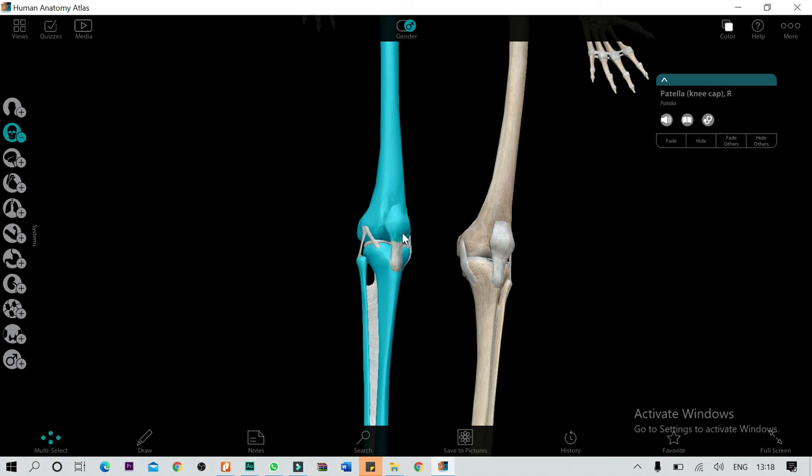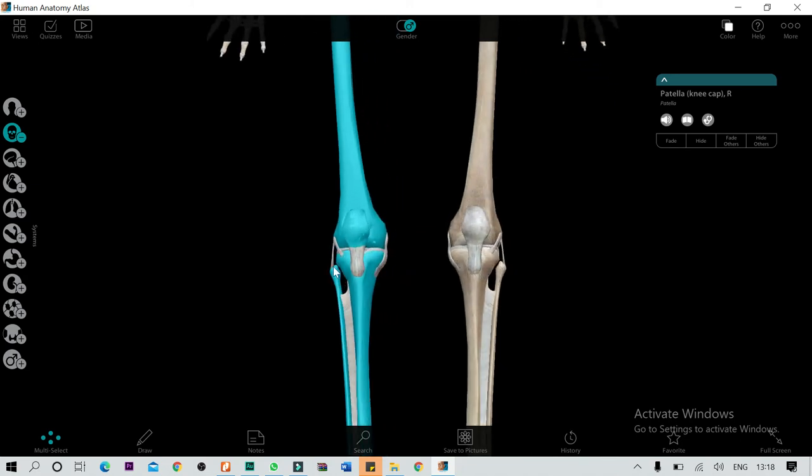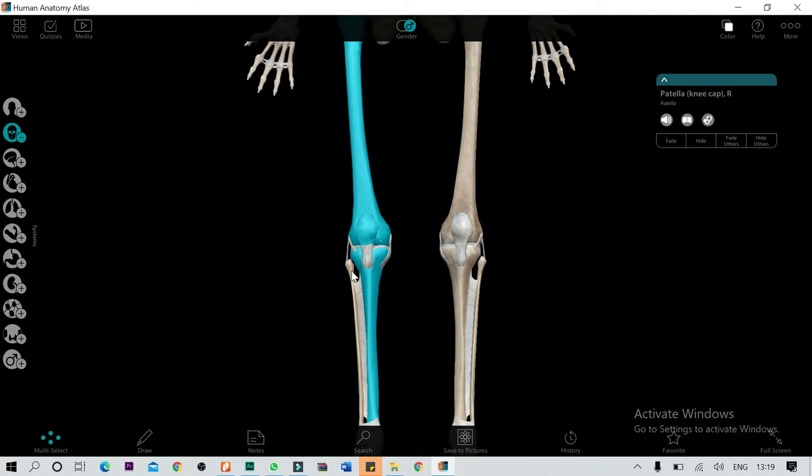The patella is known as the kneecap. So look at here, the knee joint is actually made up of 3 bones. Which ones? One is the femur, then the tibia and patella. These 3 bones are joined together and form the knee joint. Okay, there is no role of the tibia bone or fibula bone in the knee joint. It is the side bone.